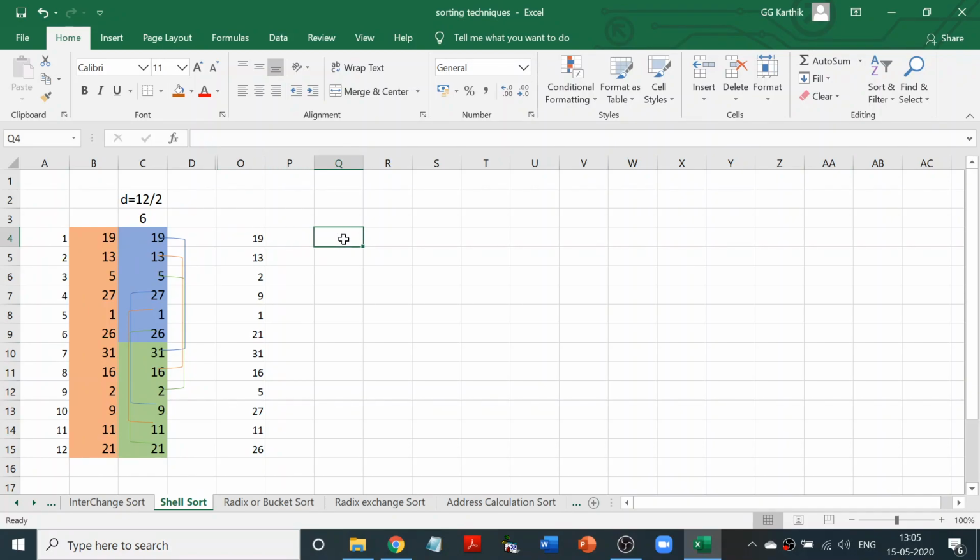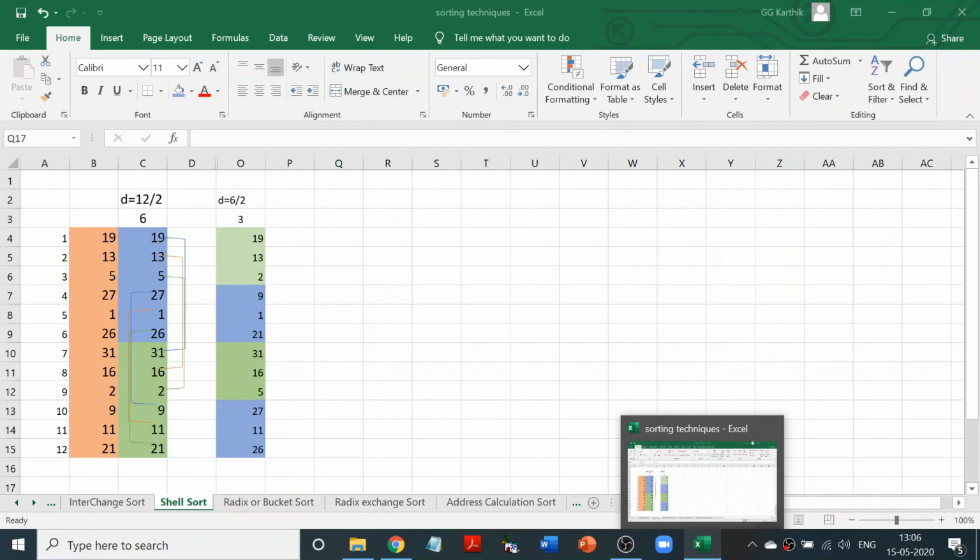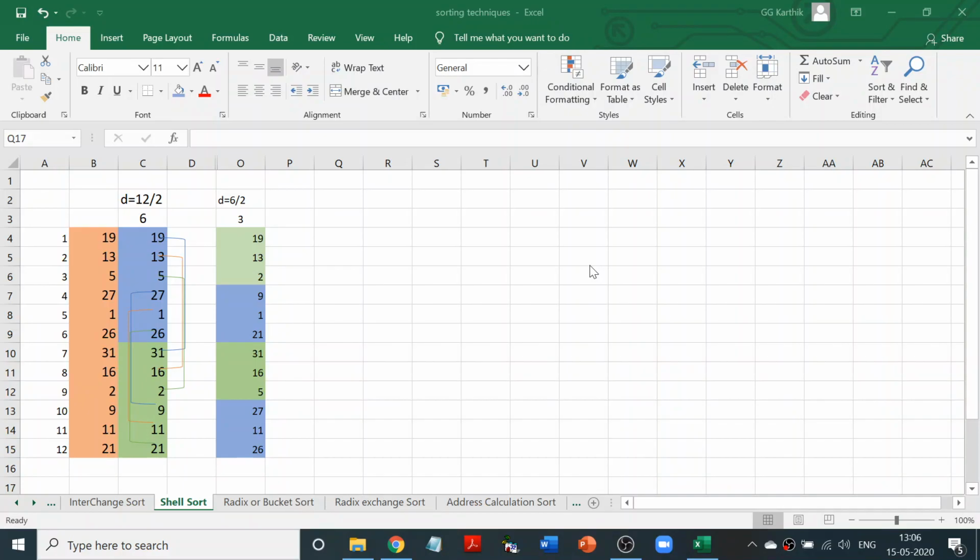Again I'm going to divide these numbers into two groups. Here what I have done is I have divided the list into groups of three. So this is the first group. Let me number them and show you. 1, 2, 3. This is the first list. 1, 2, 3, second list. 1, 2, 3, third list. 1, 2, 3, fourth list. So what did we do last time? We compared ones and ones. Here also we are going to do the same thing. 1, 1, 1 and 1. So we are going to compare ones.